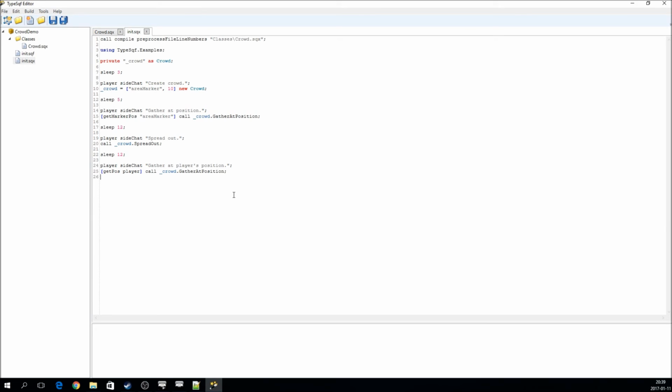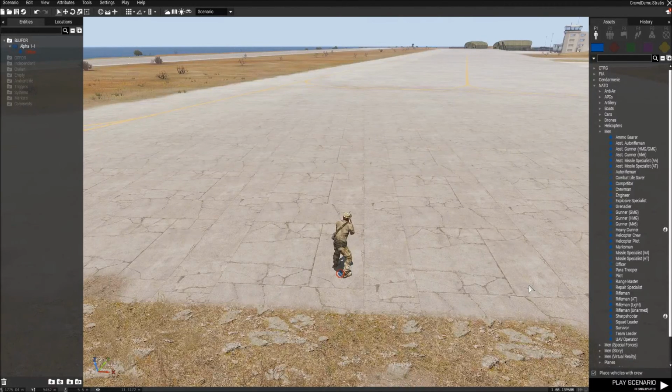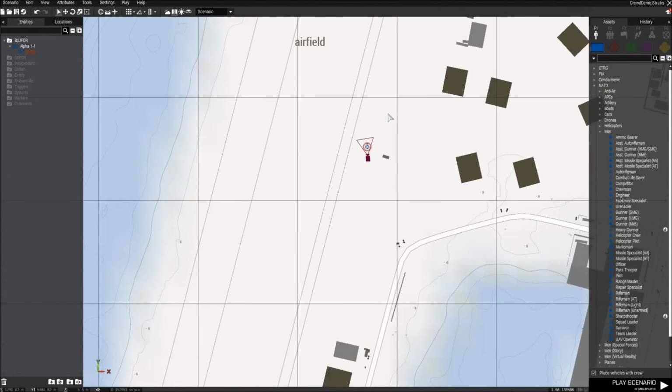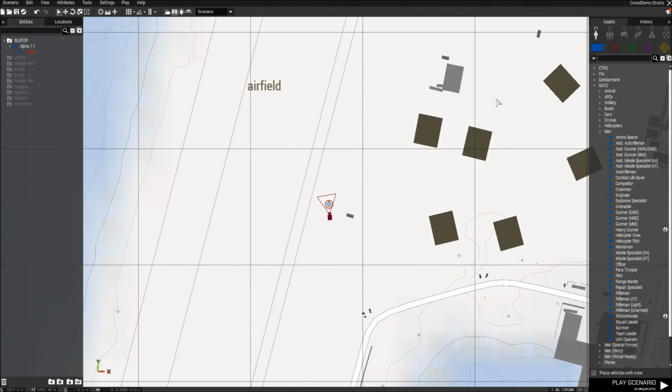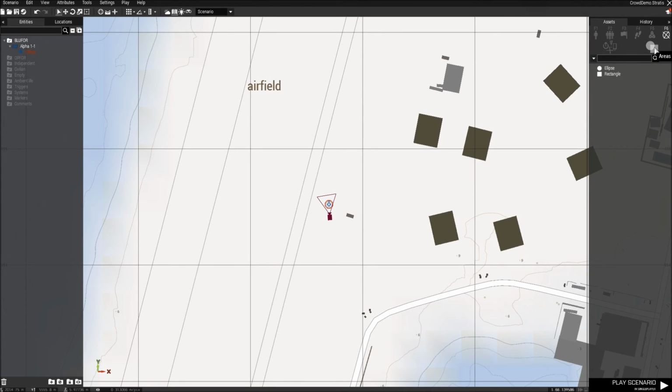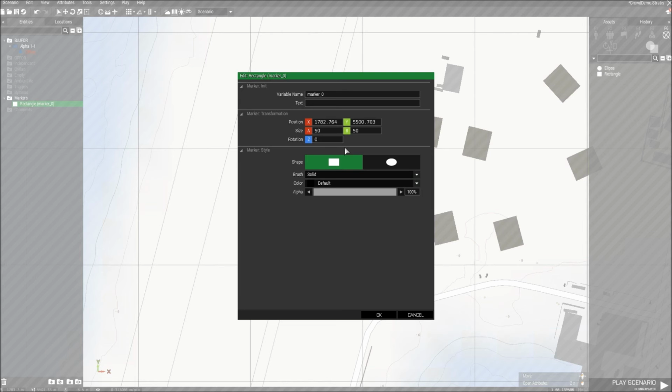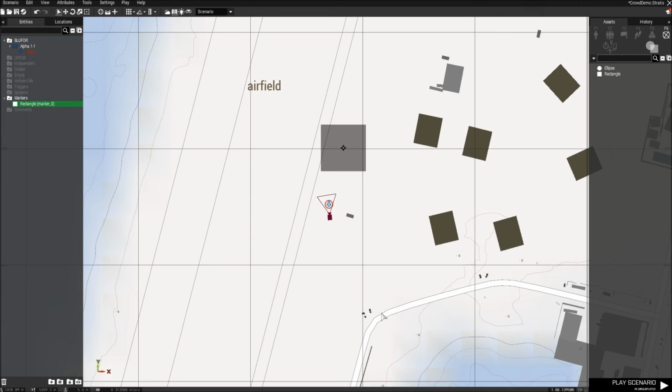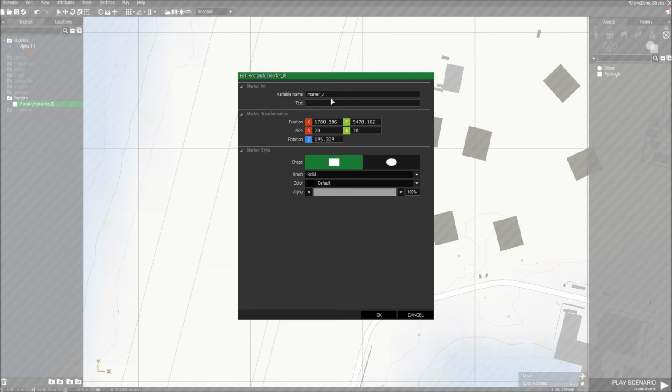Let's do that. Okay, so we go into the map mode, select markers, and we need a shape. So let's take a rectangle like this. We'll have it a little smaller for demonstration purposes. Let's align it with a runway like this, and now it should be fairly in front of us like that, and we will give it a name,